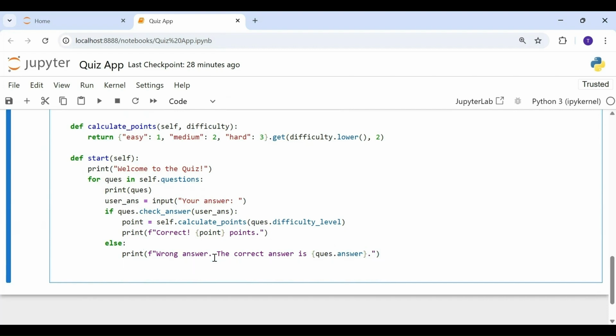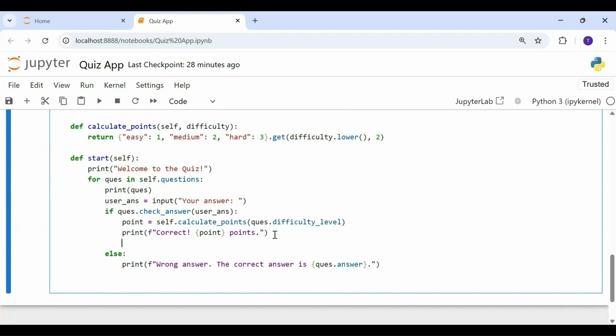And once we have asked all the questions, we are outside of this for loop, we can print the final score. But we have not updated the score. So let's just do it here. You can say self.score is equal to self.score plus this point here. Just keep adding the score as and when the user gets the answer right. And once we are outside of the for loop, we can go ahead and print the score. Let's just write a message also here saying your final score is